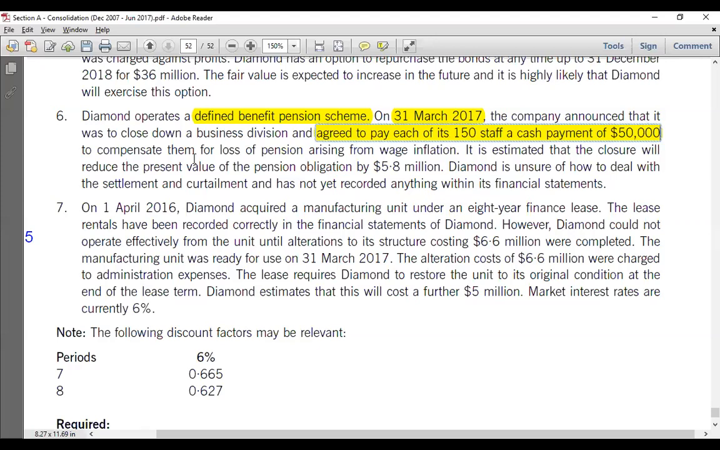Now it further says, to compensate them for the loss of pension arising from the wage inflation. It is estimated that the closure will reduce the present value of the pension obligation by 5.8 million. Diamond is unsure of how to deal with the settlement and curtailment and has not yet recorded anything in the financial statements. So it's closing down a business division. So apparently we can say